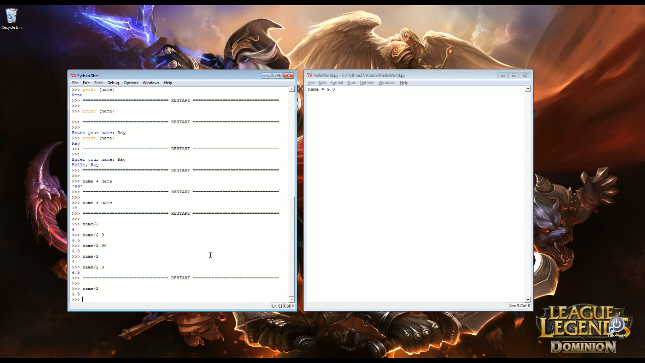Another way is by actually casting it manually. So by casting, I mean actually telling it what kind of data type it is, what kind of variable you're using. So for example, if I go ahead and print